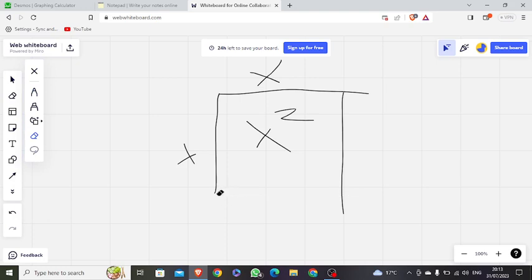Anyways, if you add on each side a length of dx,